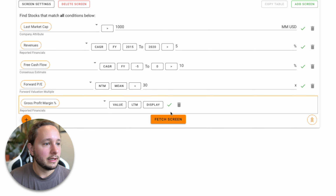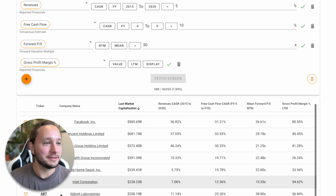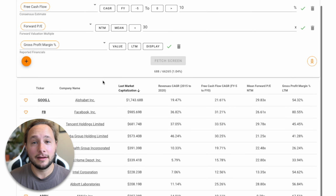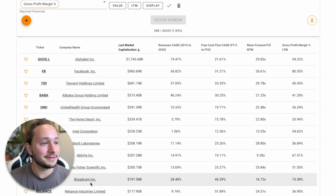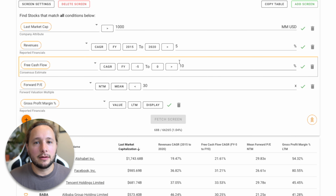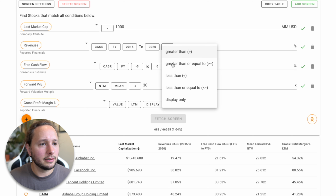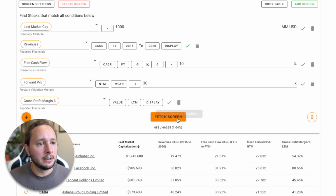And right away you can see that whatever numbers they put in here seem to be yielding some pretty excellent companies. At the top of the list, you've got Google, Facebook, Alibaba, Tencent, companies like that. So I want to see what this display only number is. I'm going to go ahead and, for the revenues, change that to display only. So here we have a revenues column. Let's see if that changes anything about the...